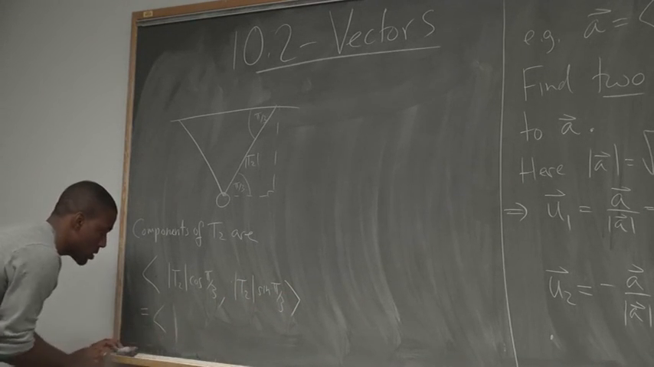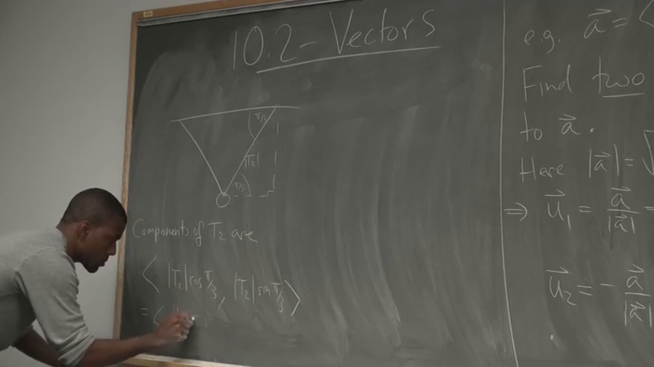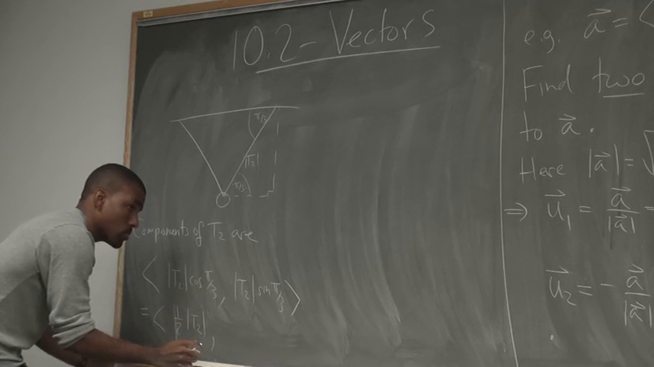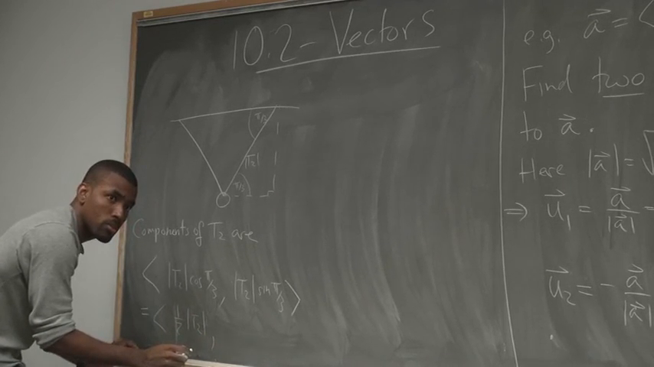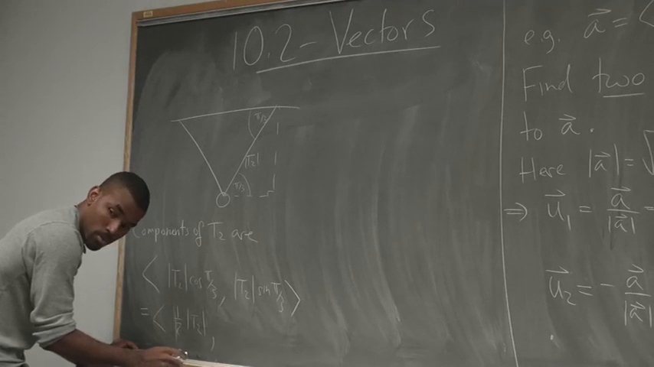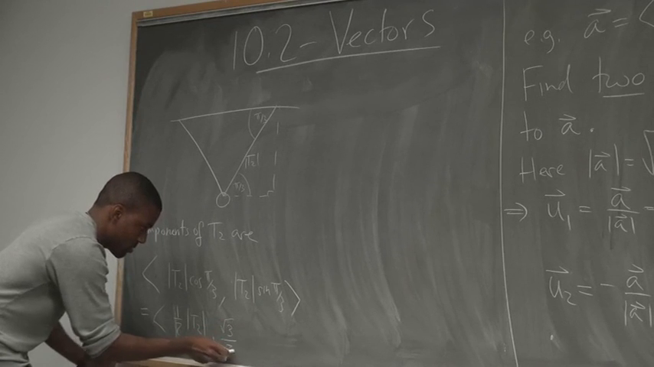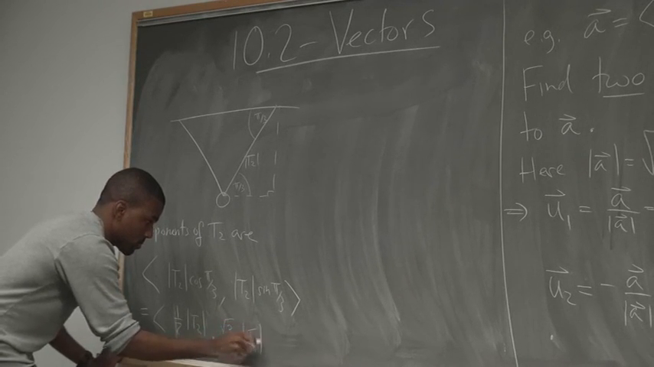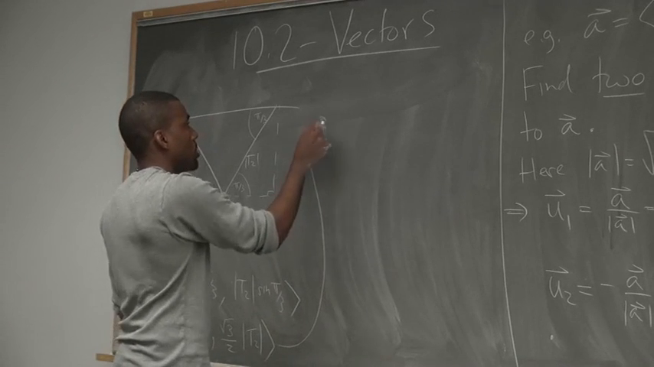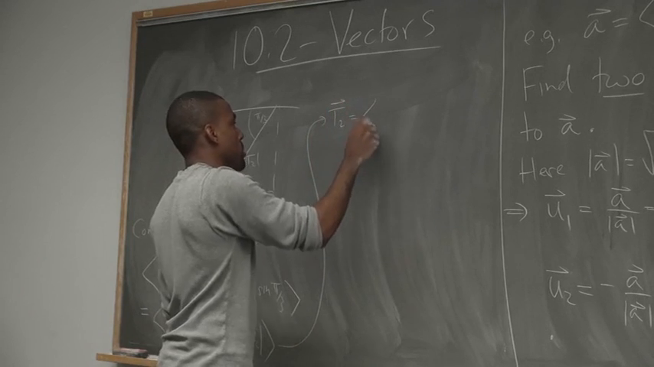What's cosine of pi over 3? 1/2. And sine of pi over 3? Radical 3 over 2. So I know the vector T2 is just going to be the vector